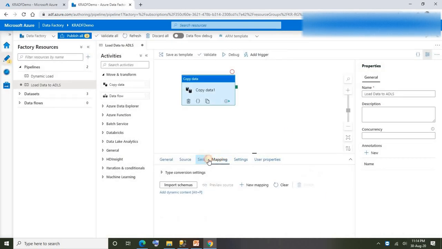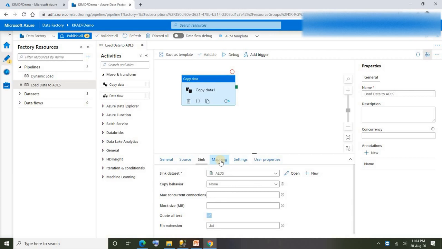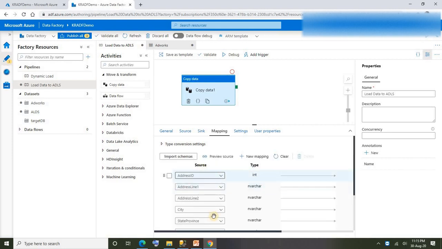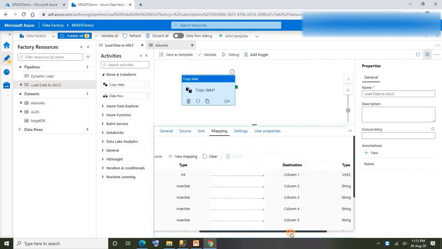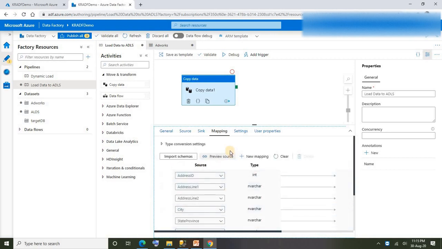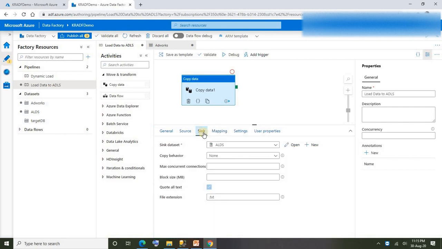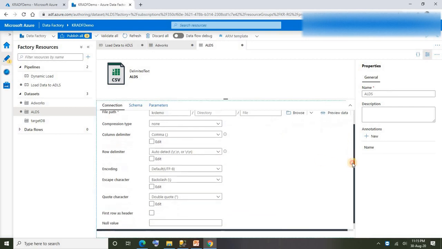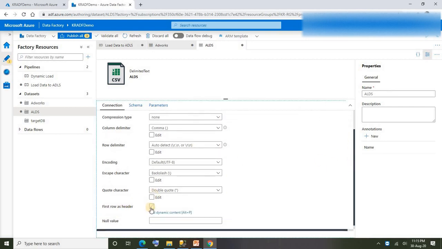Next, let's map both source and destination. Just say import schemas. When you click on import schemas, you can see the source columns and the destination file columns also formed, but destination columns are going to be created as column 1, column 2, column 3. I don't want that to happen. So for that, let's go to sink, under the sink dataset, edit the dataset by checking the option called first row as header.